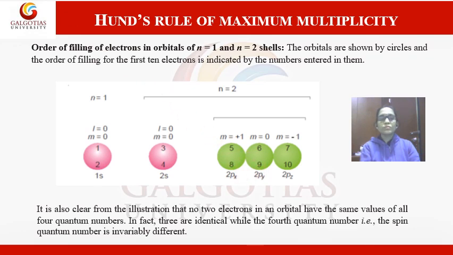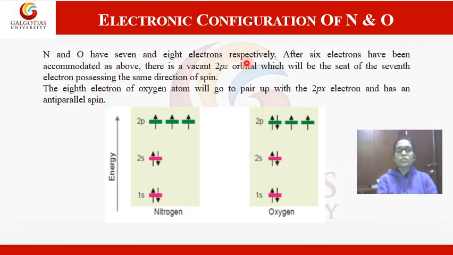Okay. Let us discuss the electronic configuration of different elements. Let's see the electronic configuration of nitrogen and oxygen. You know the nitrogen electronic configuration is 1s2, 2s2 and 2p3. We are arranging the electrons in such a way that there is minimum pairing of electrons. Here in nitrogen, there are 3 unpaired electrons. We could also pair them, but that would not give the stable configuration.